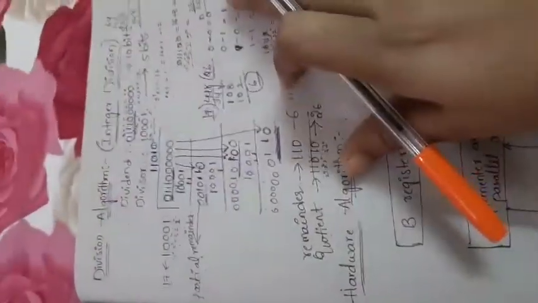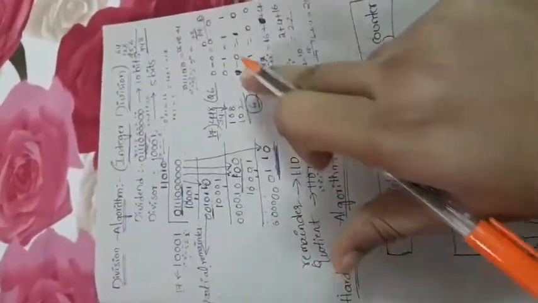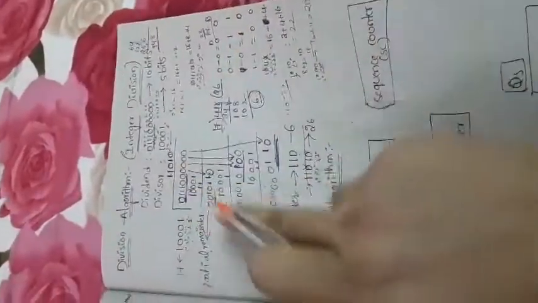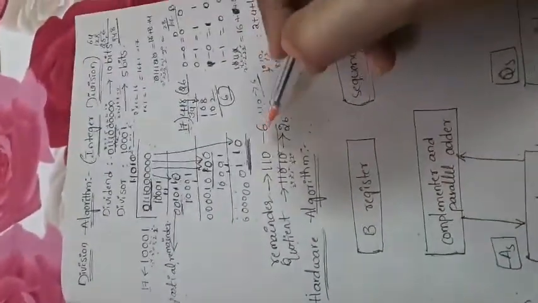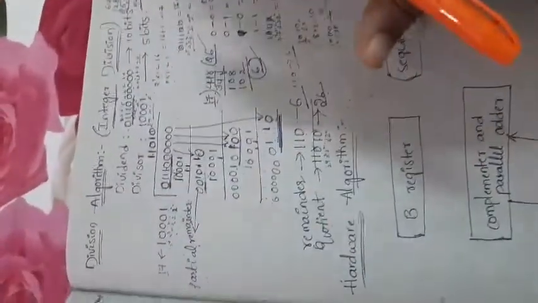If you have any doubt while performing division between two binary numbers, whether the result is correct or not, we can go with the decimal operation. If that result matches with this coefficient and remainder value, then the operation is correct. Now verify this: the remainder is 6, that is correct, and the coefficient is 26, that is also correct. So if it is matched, then the operation is correct.